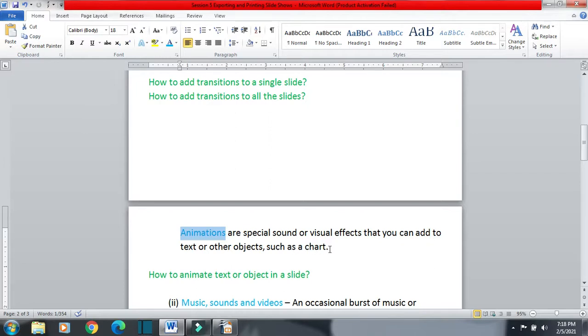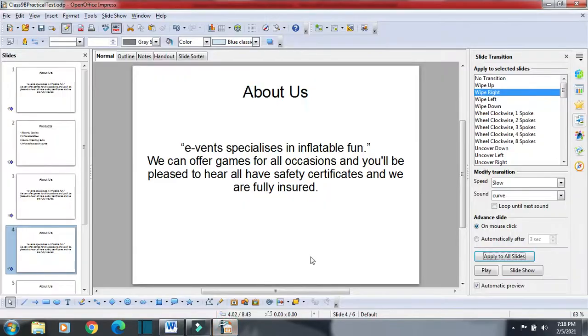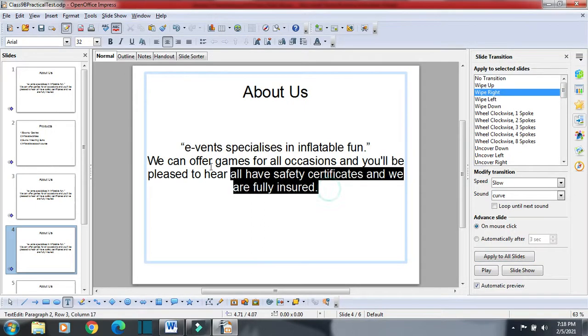So in a slide we have multiple objects and we can give different animation effects to different objects of the slide. So now the question comes: how to animate text or any object in a slide. Suppose I want to give an animation effect to this text.